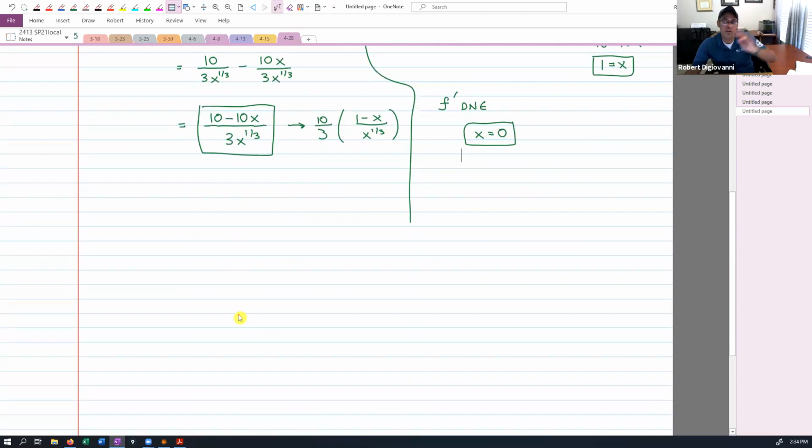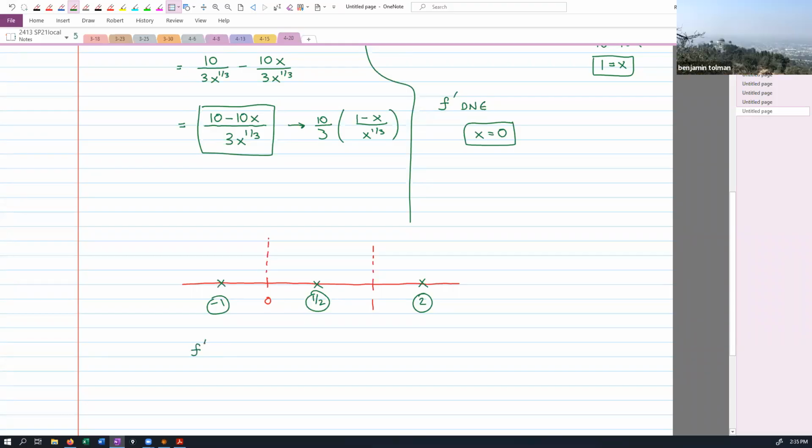So I have 2 critical numbers total. I draw a number line. I place my critical numbers on the number line. I partition my number line into 3 separate regions. I'm going to pick 3 test points. -1 looks good. 1/2 looks good. 2 looks good. And where do those get plugged into?